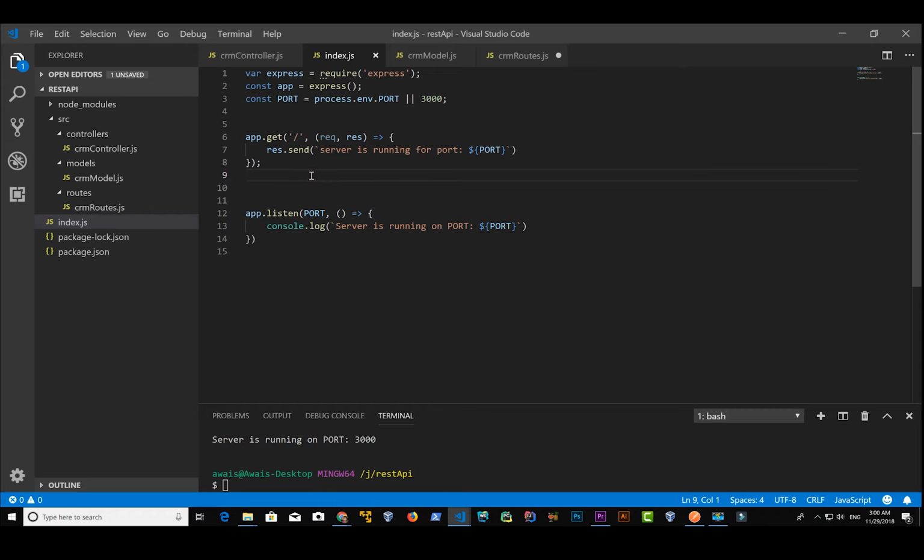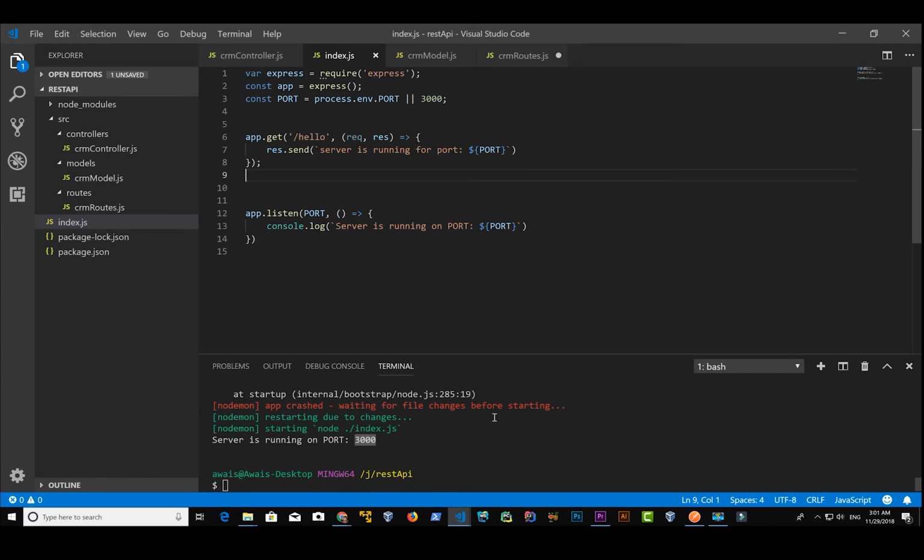So in the last few videos, we've been looking at this app.get method. Now app is an instance of Express, and we have a method on that called get. So basically, this is a route. We're writing this slash, and that means that if we go to localhost port 3000, or whatever the port number we are using, it will go to this route. So for example, if I change this to hello,